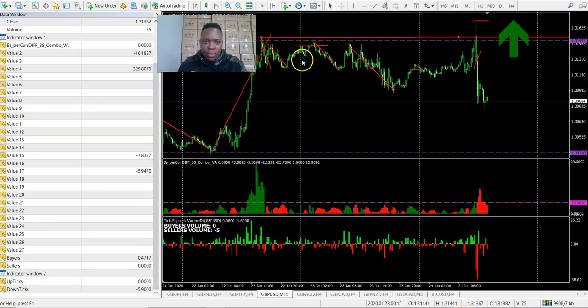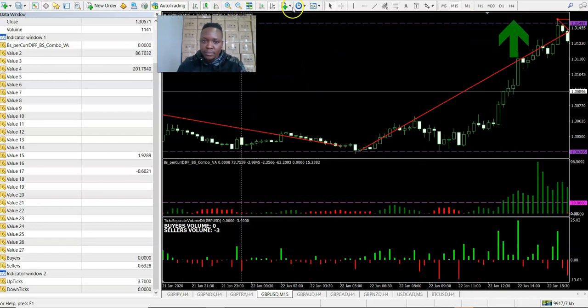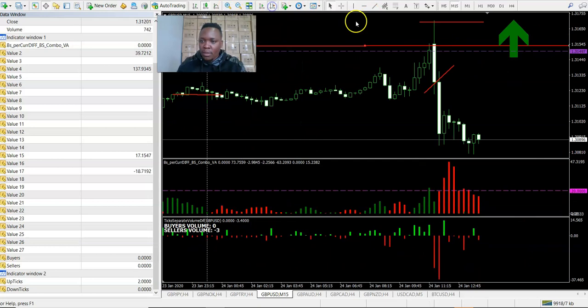Don't worry about this arrow. Focus on the charts, what I'm going to be showing you. So at this particular spot, when the market punched there and this candle went back down, let me zoom this in. Okay, when the market went up here and this candle came and closed below, if you put a vertical line